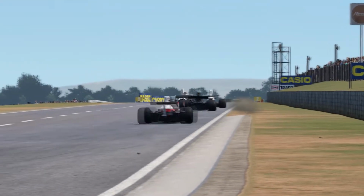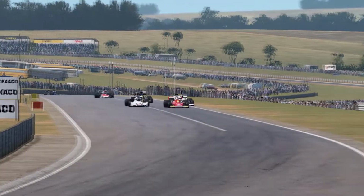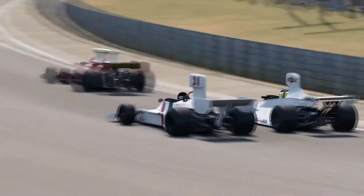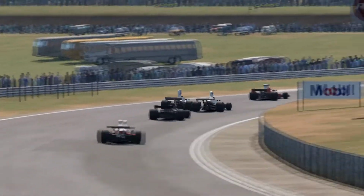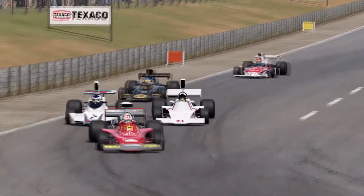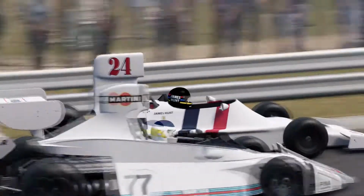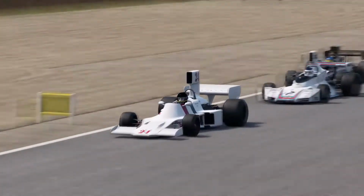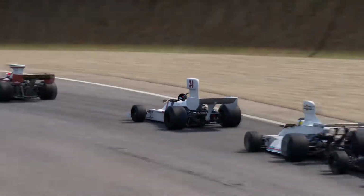Now, you might be missing Niki Lauda. The reason for this is that Niki Lauda somehow had to make a pit stop already to change tires. We don't know what happened there. We just know Niki Lauda, one of the big favorites for the race win and the championship, is already out of contention, at least at the top. Let's see where he can